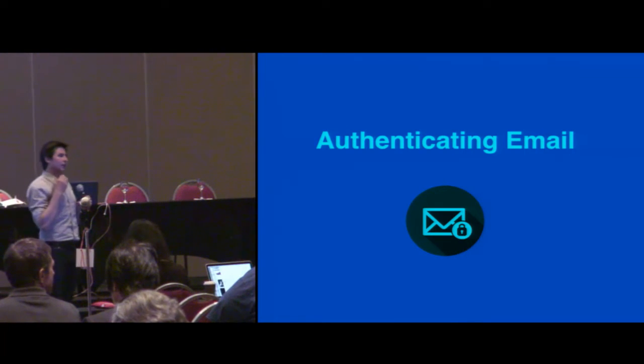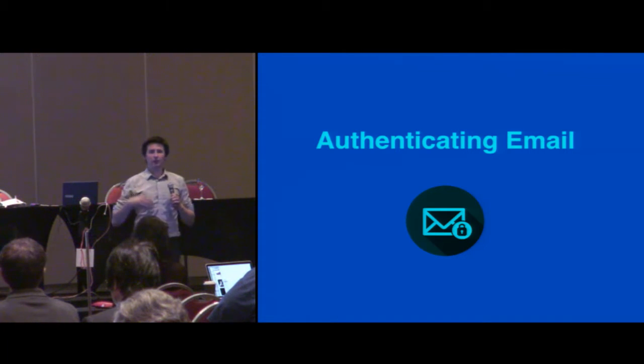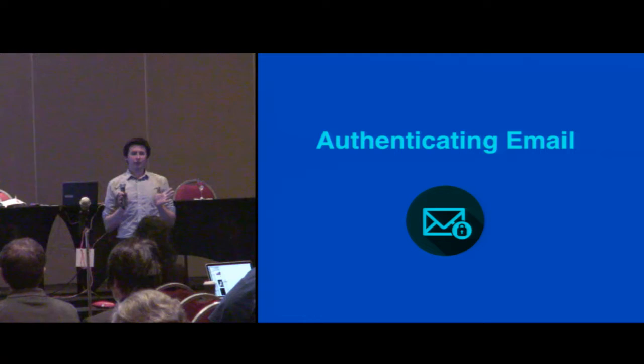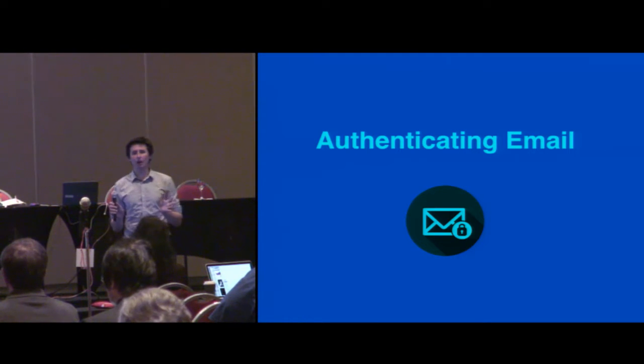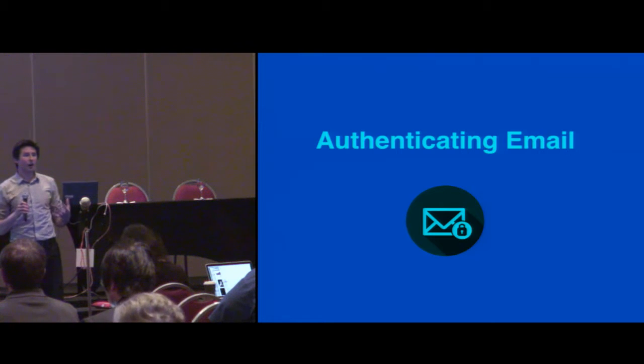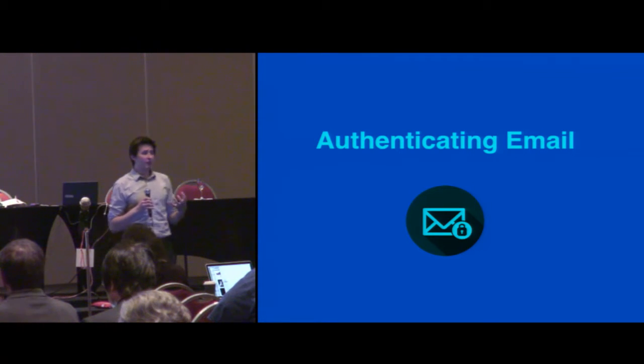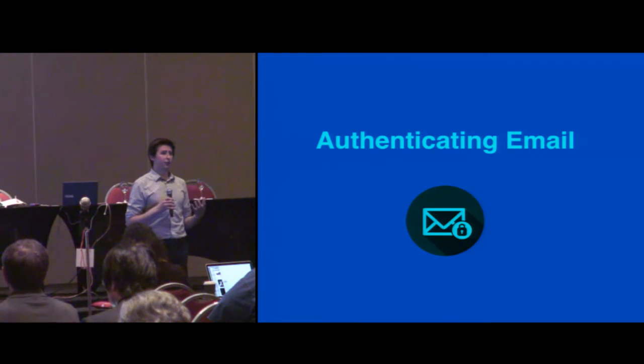And the other note I would make is a lot of times people will say, well, if you want email security, you should be using PGP or S/MIME. But really, these are kind of orthogonal problems. PGP and S/MIME are not quite to the point where there's widespread use. The interfaces are just not quite there yet. And so the majority of people rely on this transport layer security for protecting email.